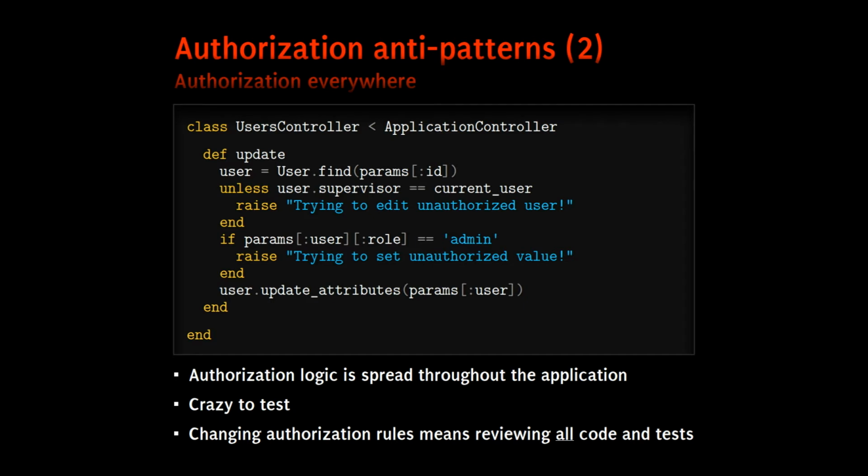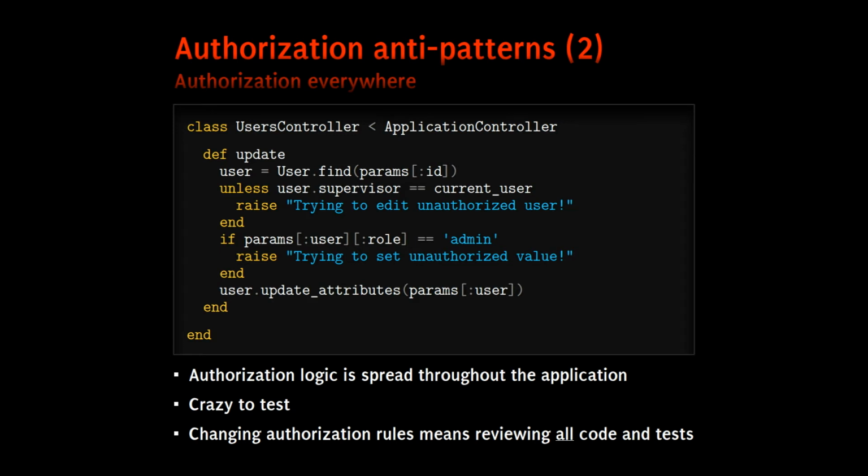So for example, this is an update method of a controller, and what we see is, okay, there's a lot going on. So the first unless user.supervise, okay, obviously the controller wants to make sure that the user that is being updated is actually allowed to be updated by the current user. All right, and then there's also another check that somehow checks that a value that will be assigned is allowed. And